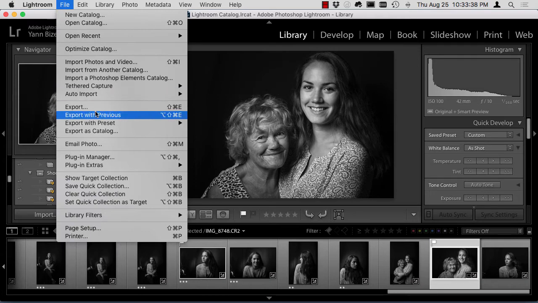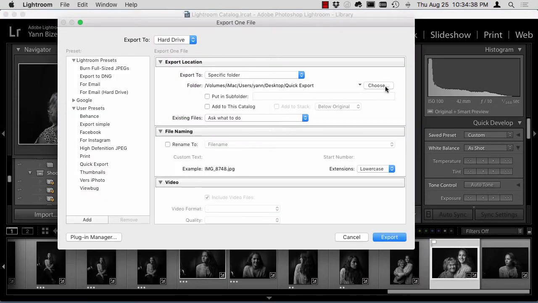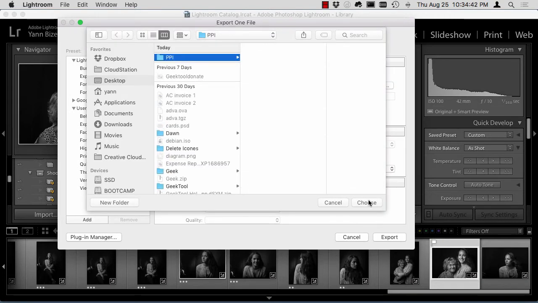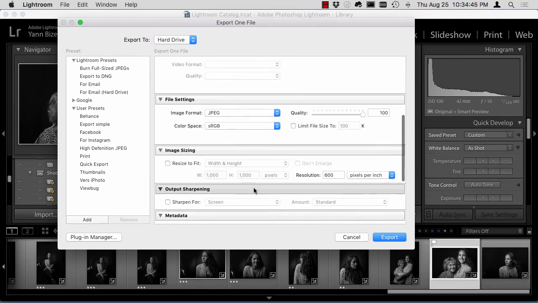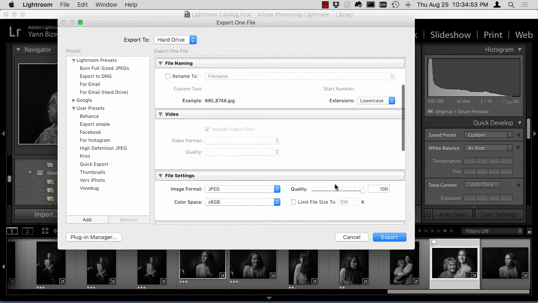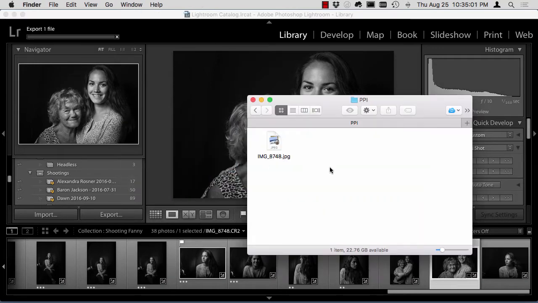So let's go ahead and export that picture. I'm going to specify the output directory here for ppi, and I'm going to make sure I selected a good quality for that picture, which is 600 pixels per inch, and go ahead and click export. Once the file is exported, we can go into that folder and we're going to rename it